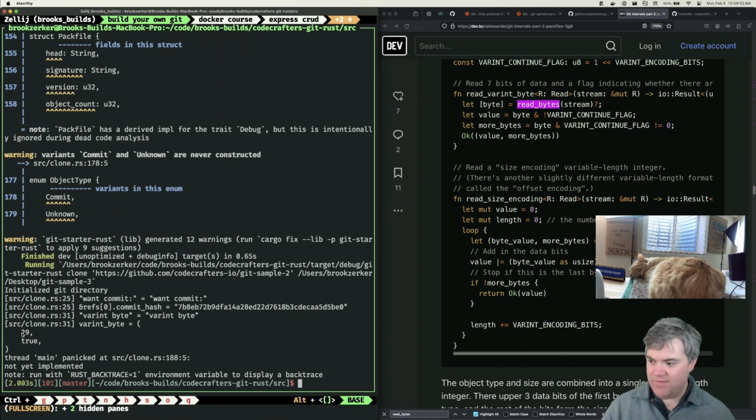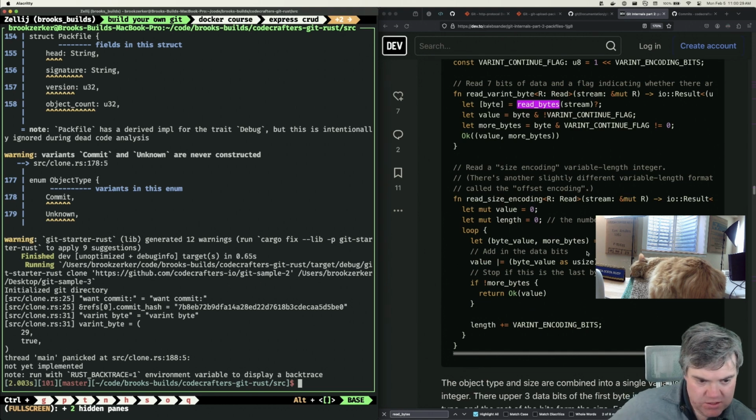Okay, so our variant byte, we have 29 and true, there are more. Great. Now we have read size encoding. Okay, so in loop. Oh, so that's why we do read more bytes and then read variant byte with the next thing, because we are doing something. We get our value. Okay, so we convert the value to usize. Bit shift left the length, which is however many bits of data we've